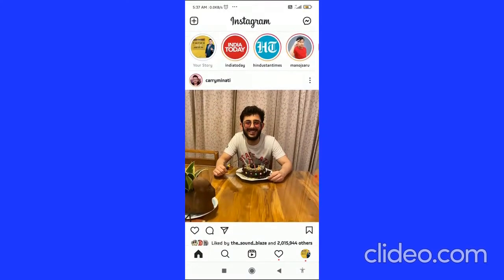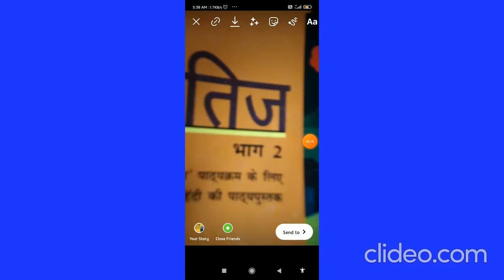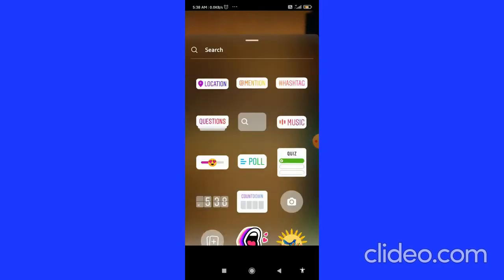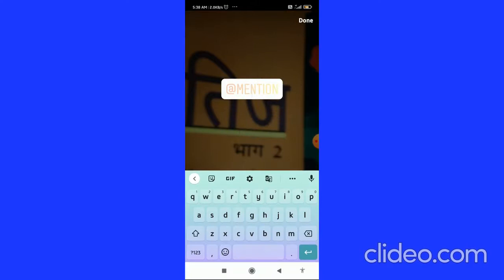The very first thing you have to do is create a new story. So you have to take a story. After taking the picture, you have to firstly click on this emoji icon. When you click on this emoji icon, then you have to click on the mention,